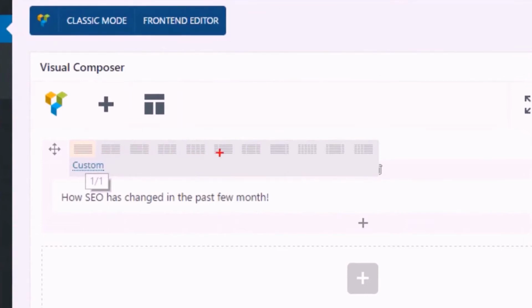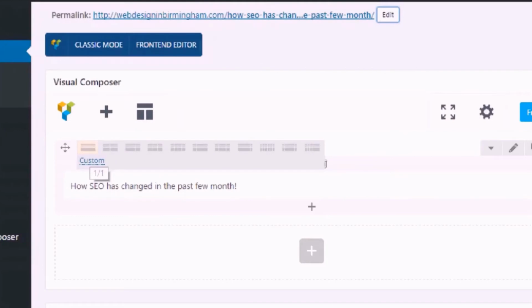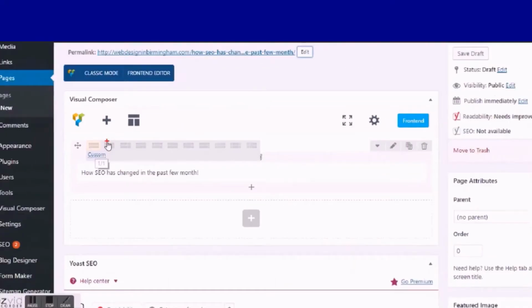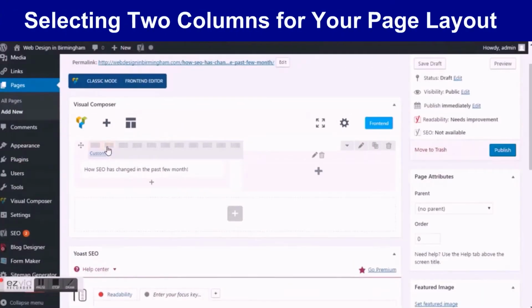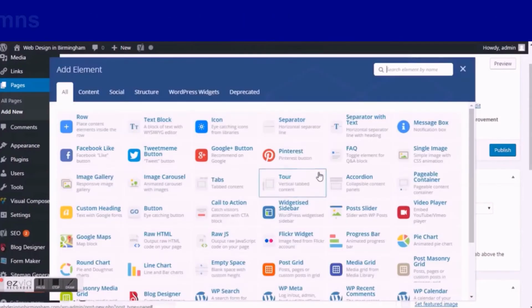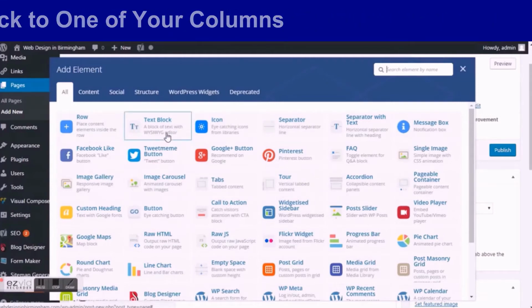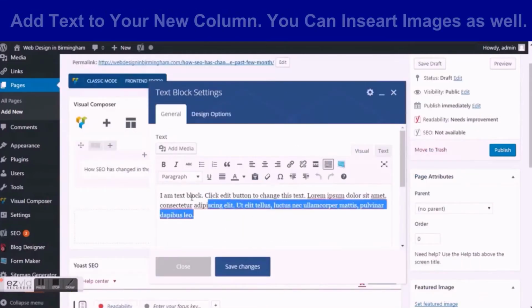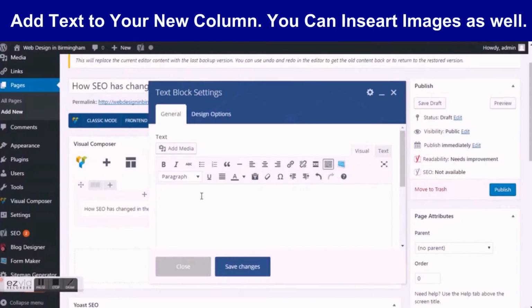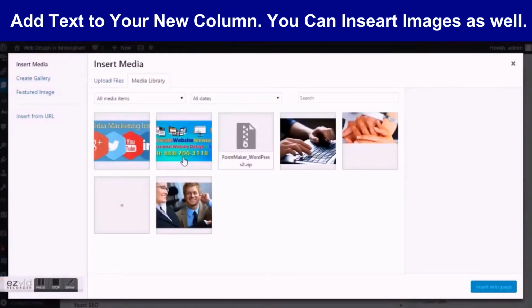If you scroll down on your content, you can organize your content as a layout, whether you want one column, two columns, multiple columns. So you can pick your own layout. So in this case, we'll just do two columns, just to show you that in the first one you can put text, and in a second one here we're going to put an image through the text section, because I think it's a little bit easier to